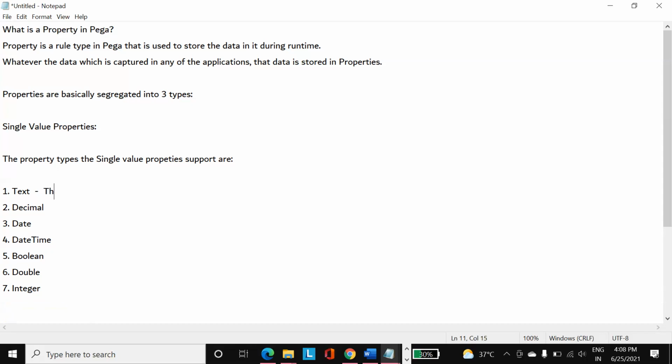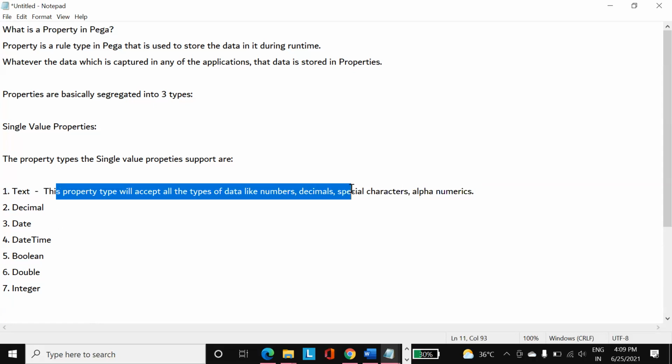The text property type will accept all types of data like numbers, decimal, special characters, alphanumeric. It will not restrict any kind of data.